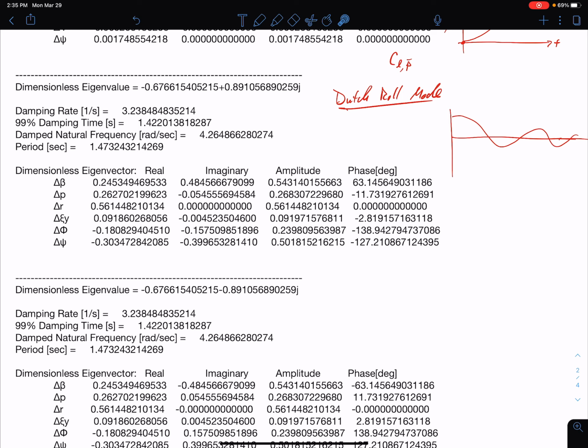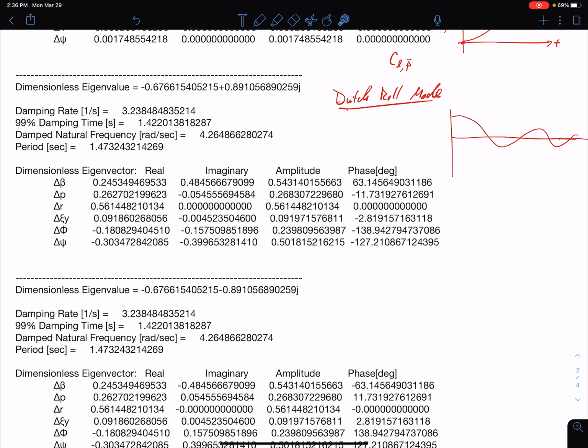So we'll talk about that a little bit later, but that's something to note, is that this mode can cause some issues because of the period, and it's usually lightly damped. So it usually persists much longer than 1.5 seconds. In this particular case, we've got quite a bit of damping for this particular mode. So we aren't going to see this. It's going to damp out rather quickly if we were to simulate this or actually fly this aircraft. But on most aircraft, this will persist for some time.